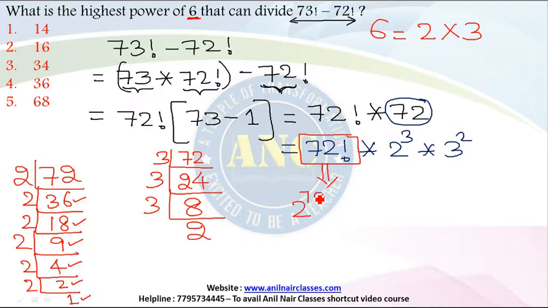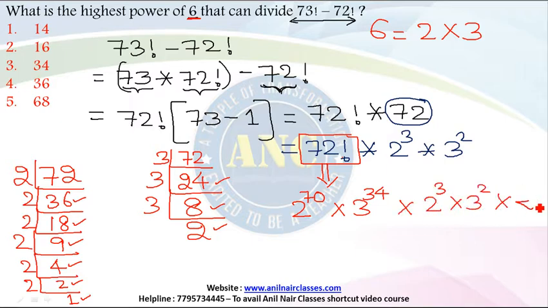It is 2 power 70 into 3 power 24 plus 8 is 32 plus 2 is 34. 3 power 34 into 2 power 3 into 3 square into some constant. That means if I combine all of these right now, it is 2 power 73 into 3 power 36 into